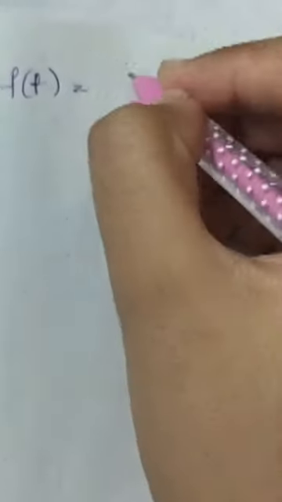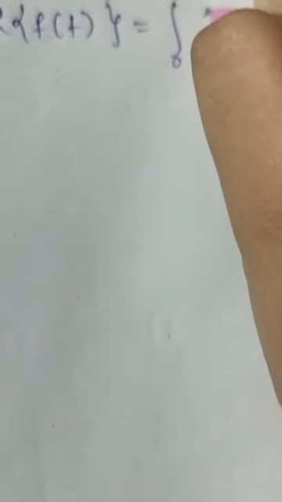Moving on to another problem, f of t is equal to sin t for 0 less than t less than pi, and 0 for t greater than pi. To solve this question, we know the formula: Laplace transform of f of t is equal to integral 0 to infinity e power minus st f of t dt, right? So now using this formula,